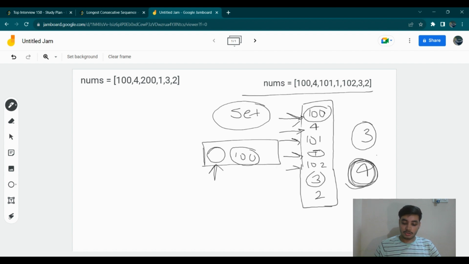Again when you move to 102, you will check its previous, 101, it is present, that means you have to skip it. Again when you are at 3, you will check 2 is present, that means you will skip it. Again when you are at 2, you will check if 1 is present or not, it is present, so you will skip it. So this is the algorithm which is going to help us